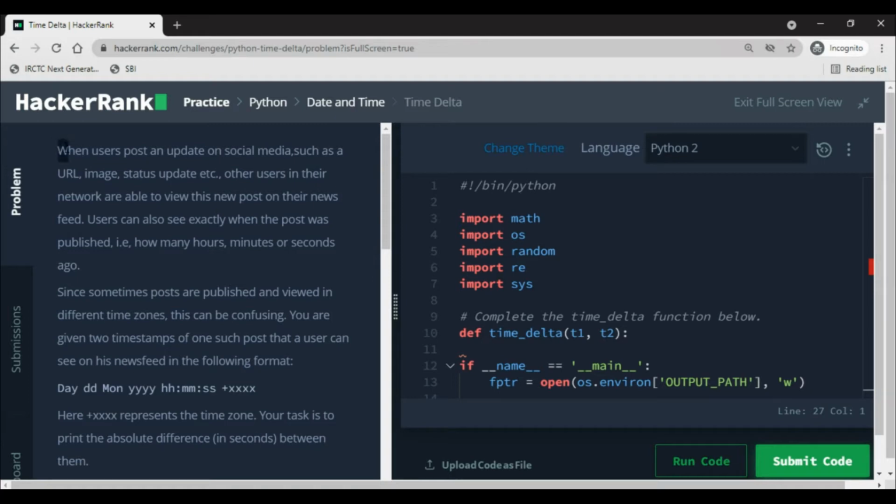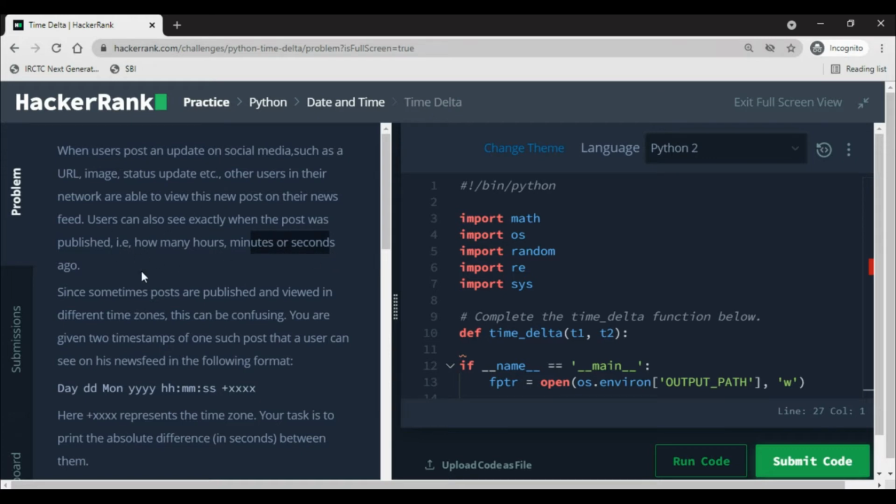Here you can see the description. When users post an update on social media such as a URL, image, status update, etc., other users in the network are able to view this post in their newsfeed, which happens in Instagram, Facebook, anything you can imagine. Users can also see exactly when the post was published, that is, how many hours, minutes, and seconds ago.